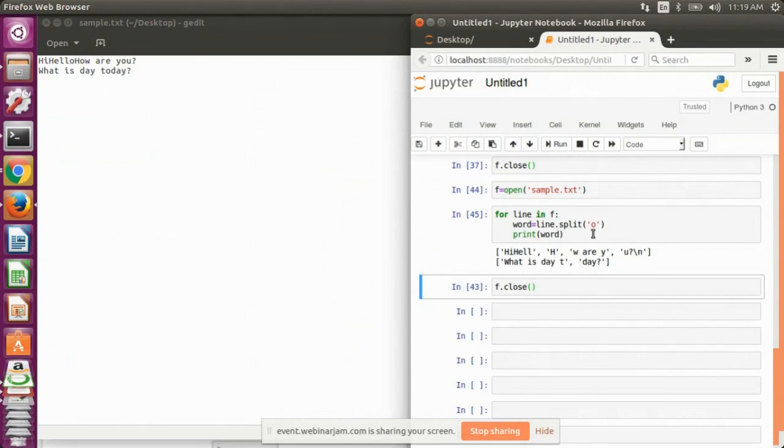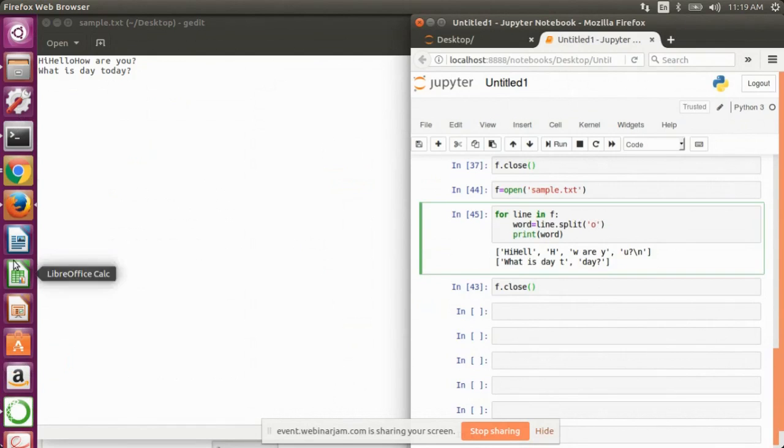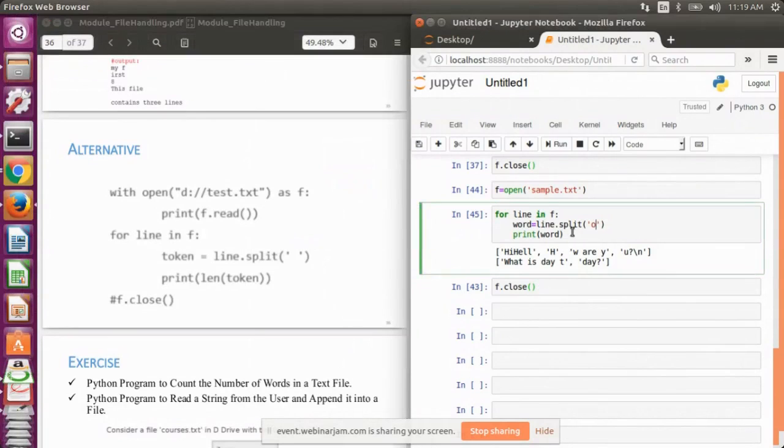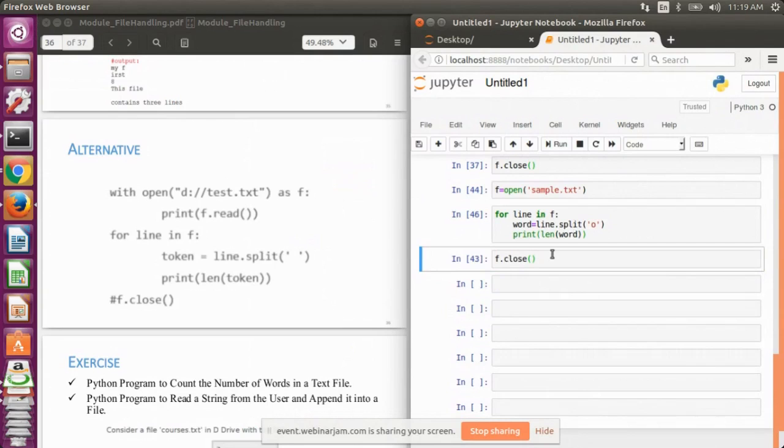Fine. So you can specify any kind of splitter that you want to use to split the line. And suppose you want to count the number of words, or the total number of words, in a line. So if I say length here and then print this, this will print the number of characters that are there in a file.